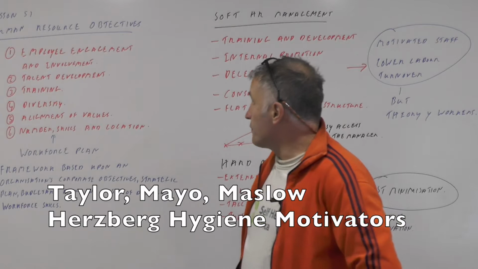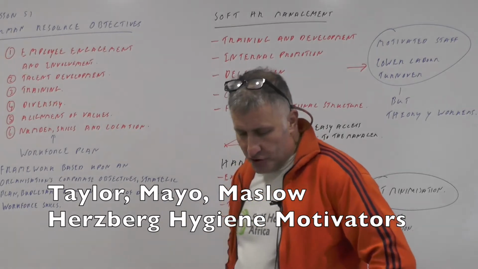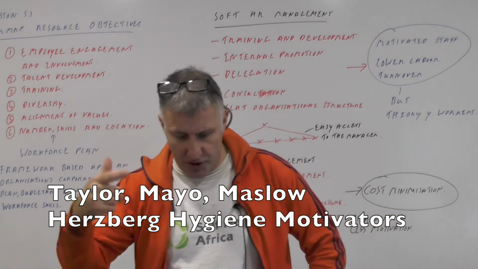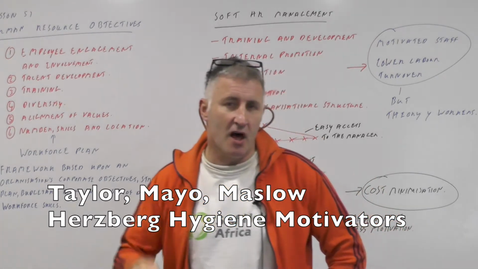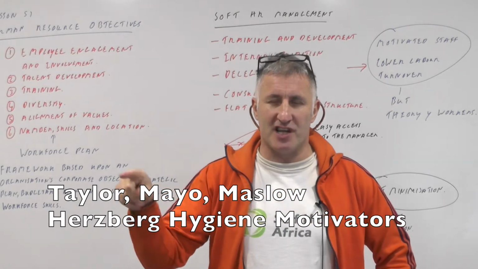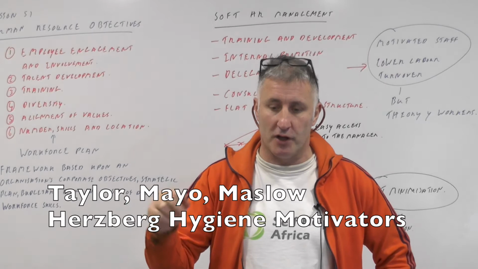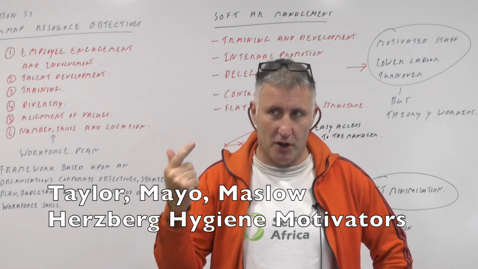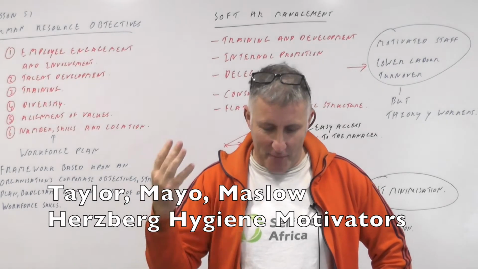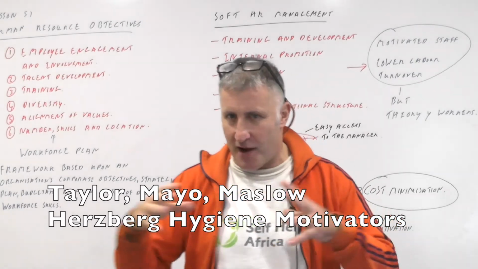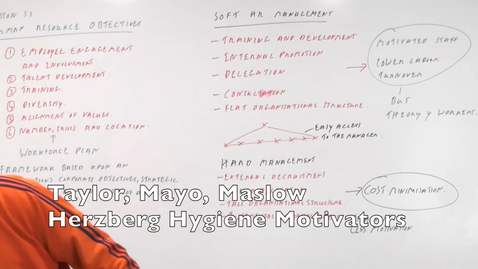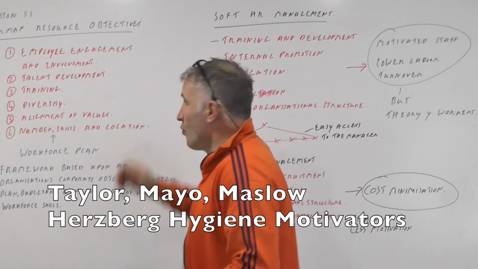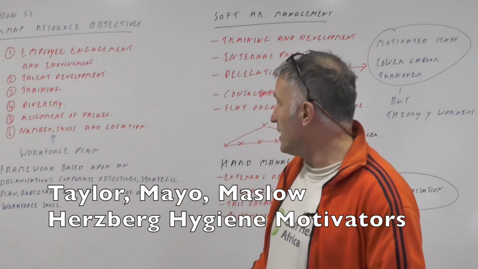Okay, so this is lesson 51, and this is the first lesson on human resources and human resource objectives. I'd quite like you to have looked at lesson 57 on here, which is about Maslow, Herzberg, McGregor, Taylor, Mayo, because I think it provides and underpins everything that I'm about to say in this particular section. But this is just: what will your HR objectives be?